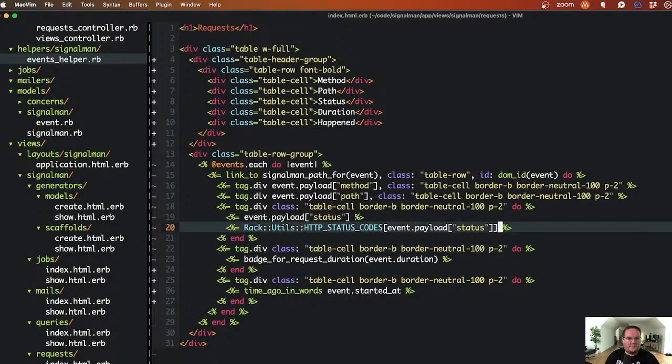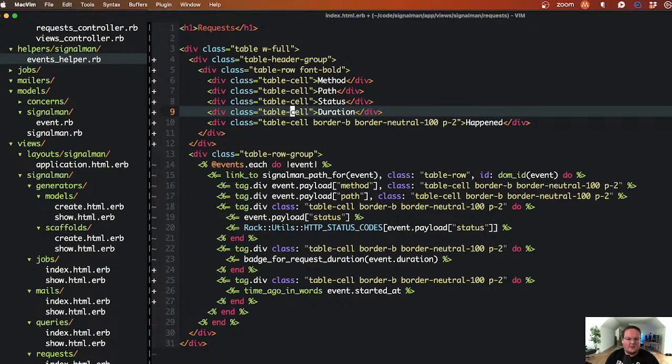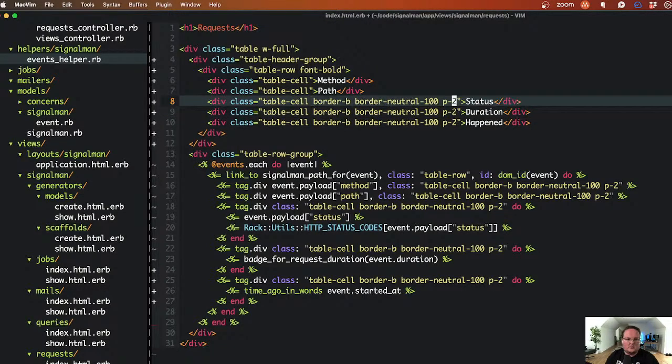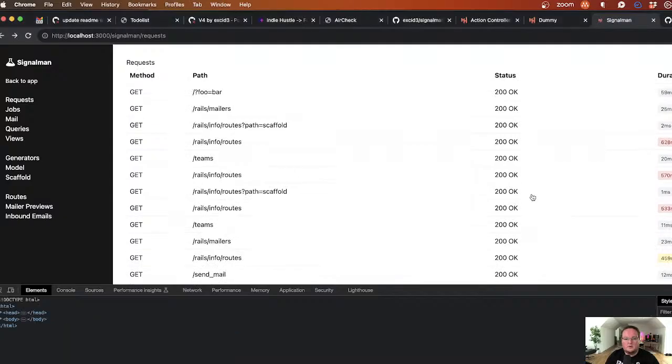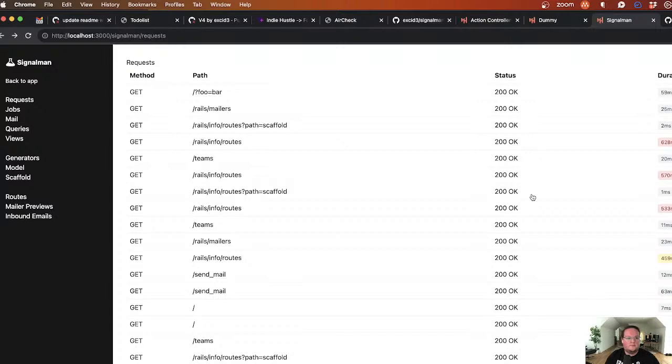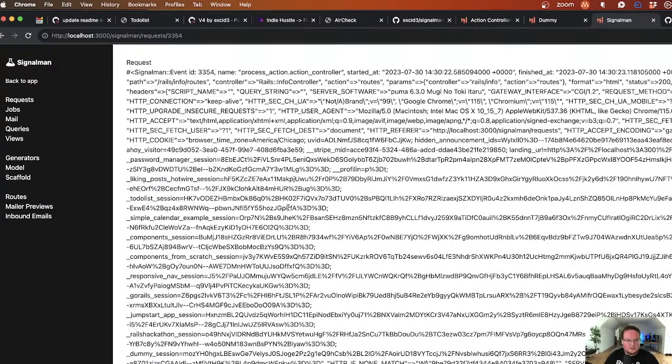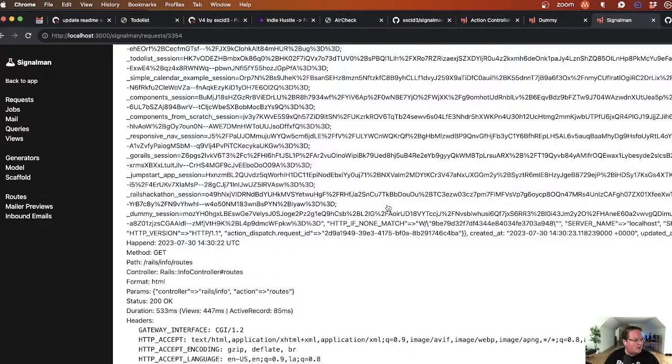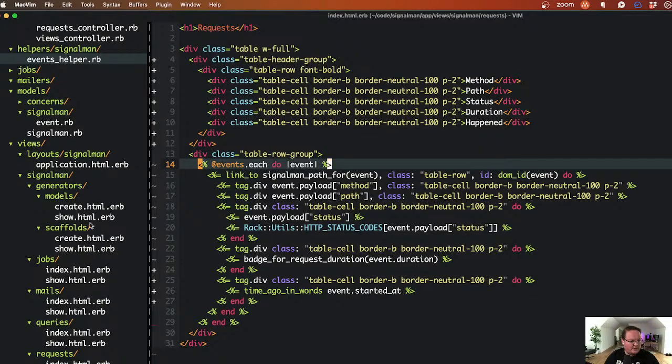Alright, that's not bad. We can add the same up here for these table cells. Looking much, much better. Now we can visually, quickly glance and see, okay, we're talking about this one or that one. So the show page,